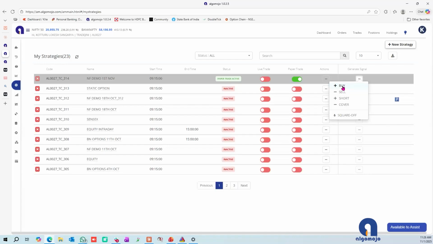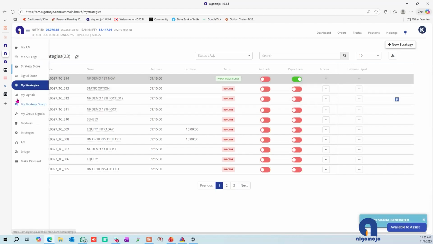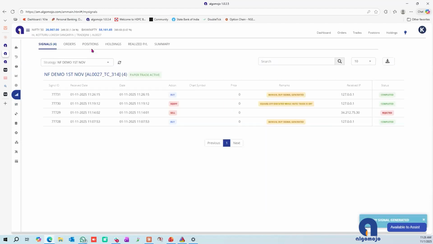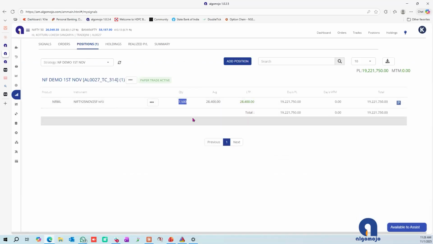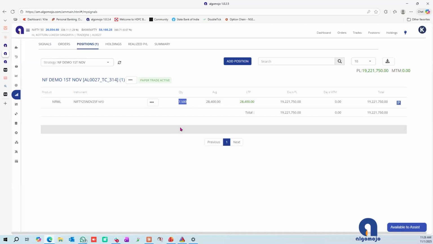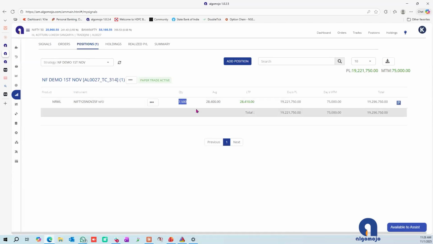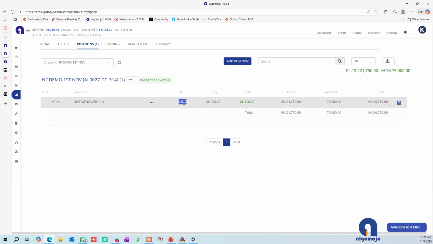So it could sometimes happen that we have taken, for example, a buy order, and we will have, say, a position open of 100 lots, which is 7,500. Now, you might have taken another 100 lots from your broker terminal, or from your mobile phone. But in our API section, only 7,500 quantity is taken. So we will display only the 7,500. However,